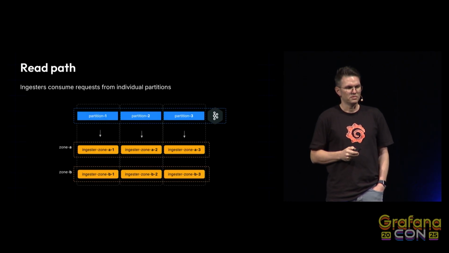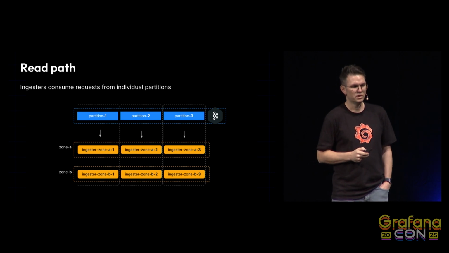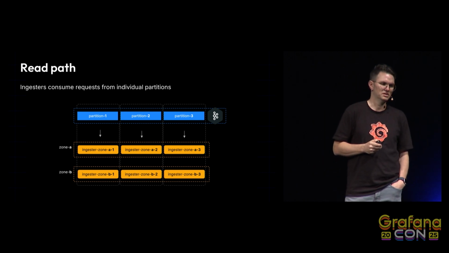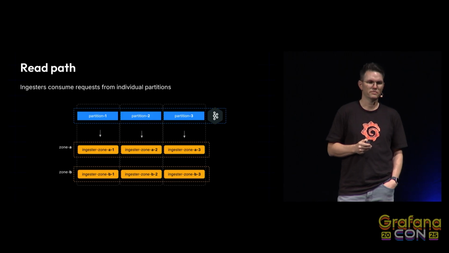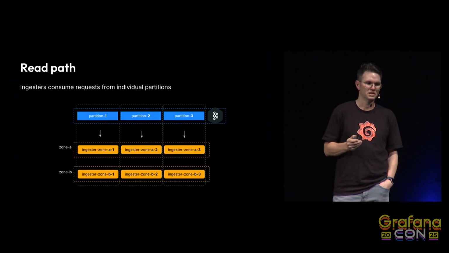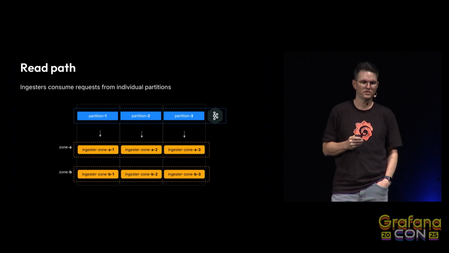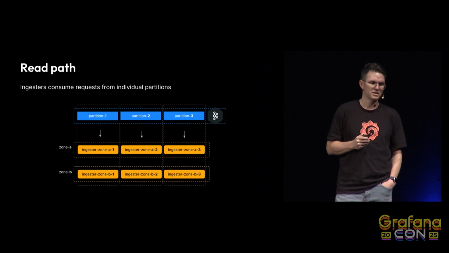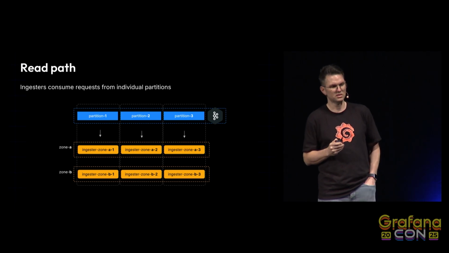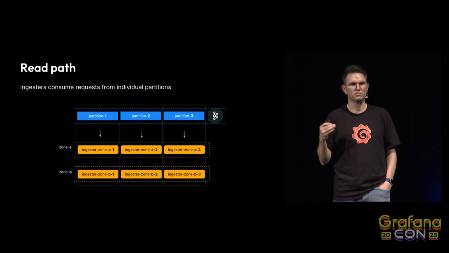Let's look at how the read path works. The read path is interesting. The way it works is one ingester consumes from one partition. Each ingester consumes from one and only one partition, a Kafka partition, that is. But you can have multiple ingesters consuming from the same partition for high availability. That way, if one ingester goes down, you can still have another ingester that's available and able to serve